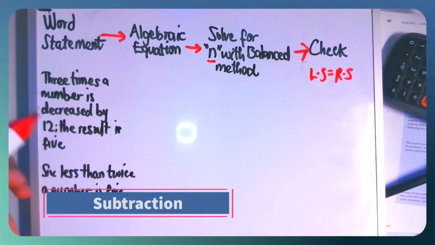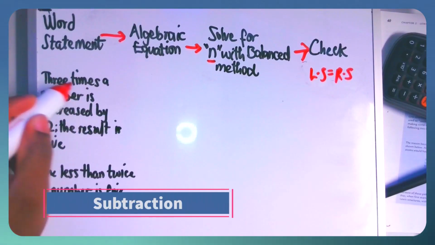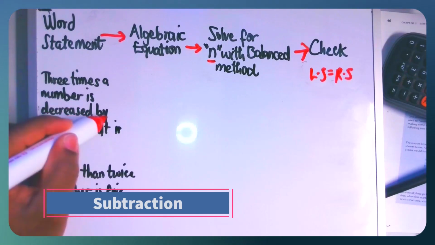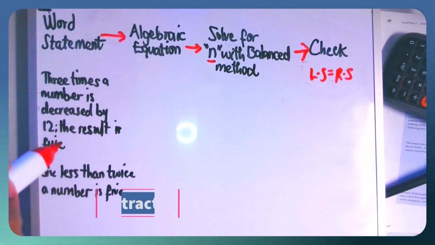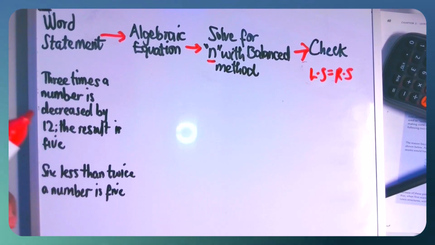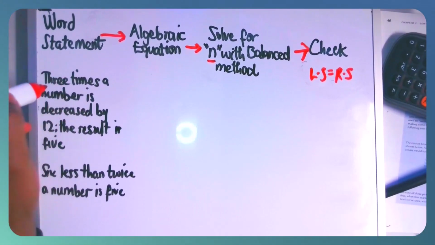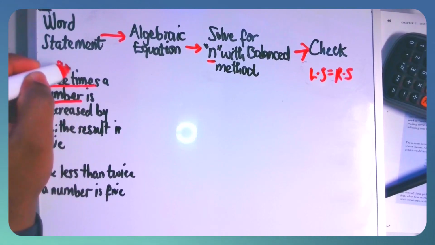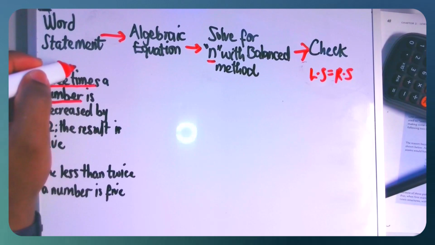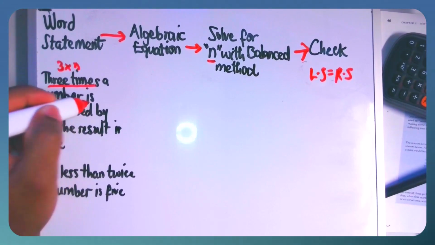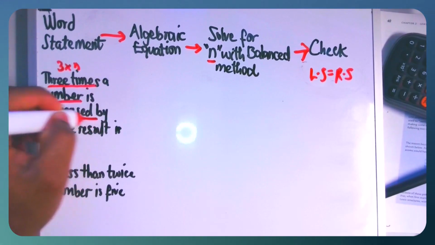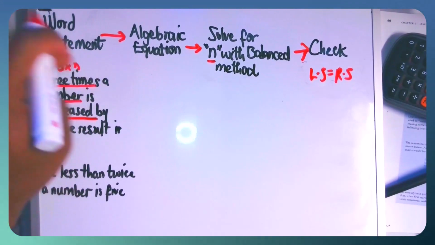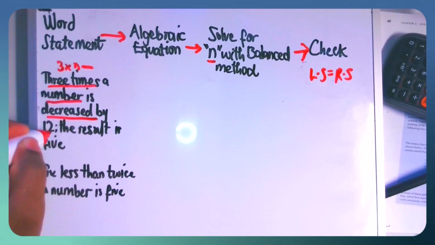Now this here is different because now we're looking at 3 times a number is decreased by 12. The result is 5. Decreased now highlights something that is different from the previous questions that we solved. So let's look at this question closely, which says that 3 times a number, which means that we have 3 times a number. In this case we represent it as n, but it says here that it is decreased by 12. So decreased means that the value of this is brought down with the help of this number here,